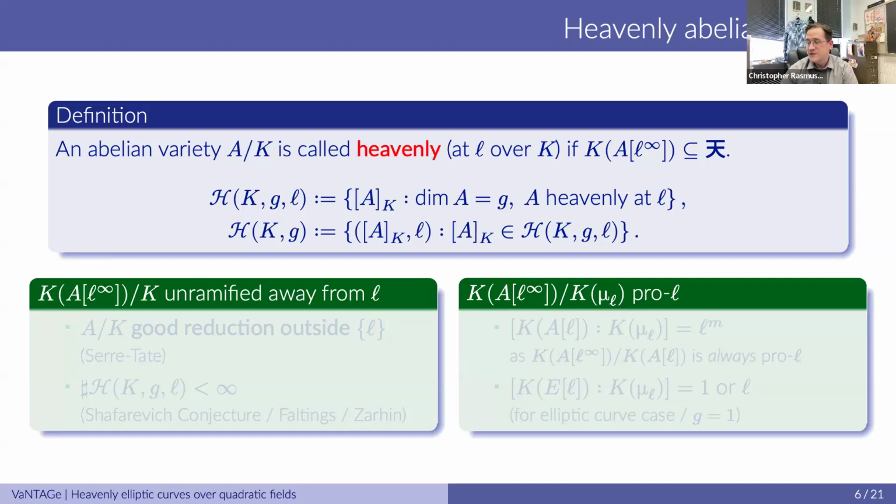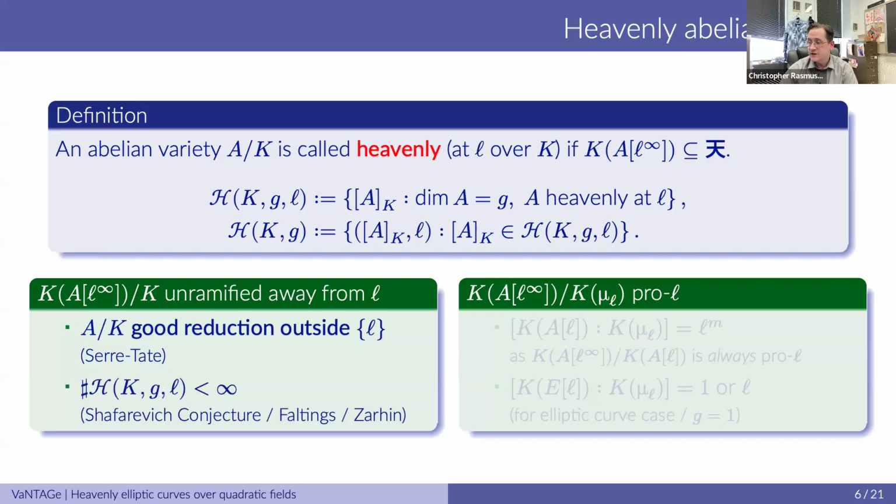We can consider what these two pieces of information tell us. First of all, the unramified behavior of the extension guarantees that we have good reduction outside of the prime L. So this is already an extremely strong condition to place on an abelian variety. In particular, once you fix the field of definition and the dimension